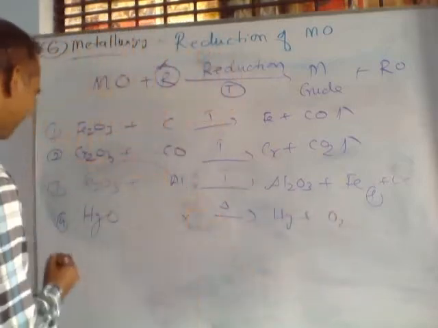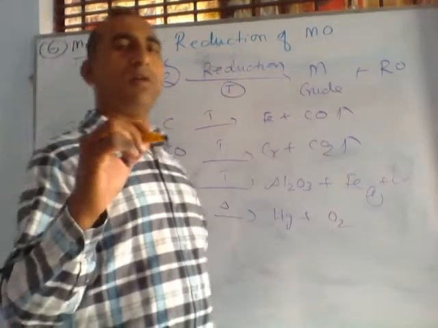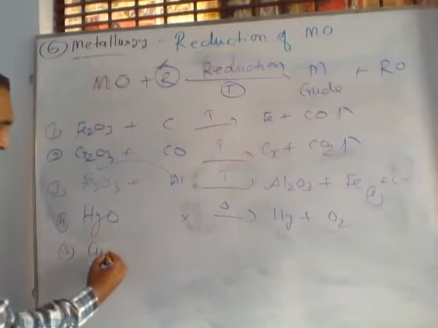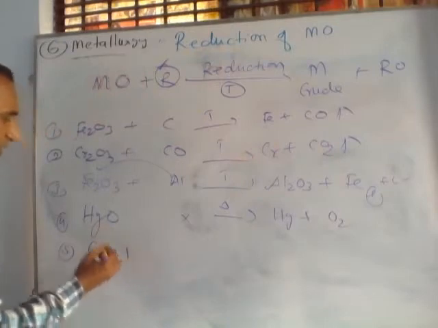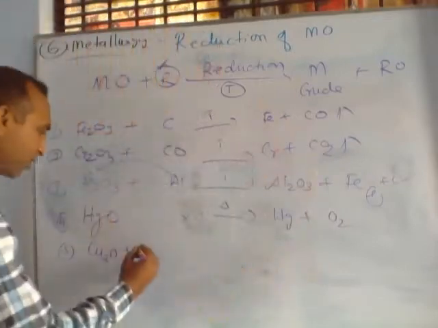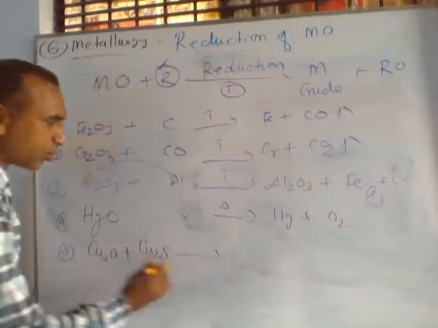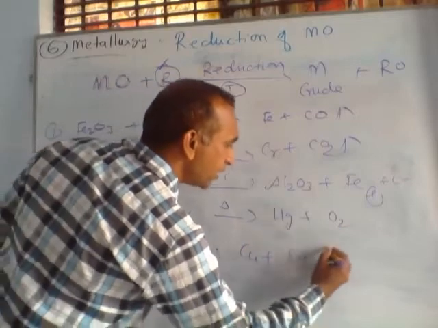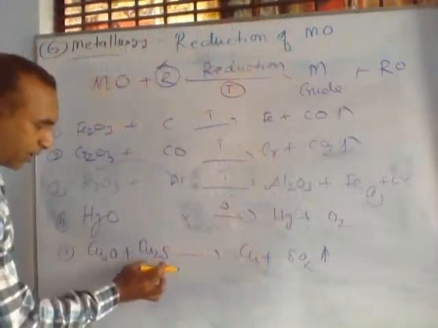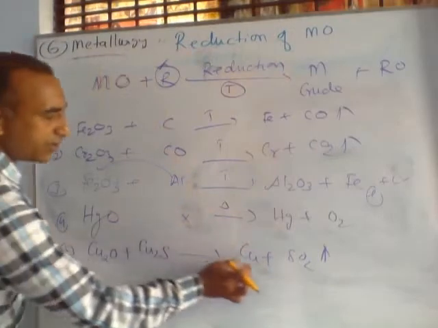In another example, fifth, listen, copper oxide. This Cu2O will automatically reduce with the help of its ore. In copper ore there is Cu2S. This Cu2S is used to reduce this, and copper and SO2 form. There is no extra outer reagent we added. In the metallurgy of copper, Cu2S is present inside it and it converts into oxide form. This oxide is reduced by this and forms copper.